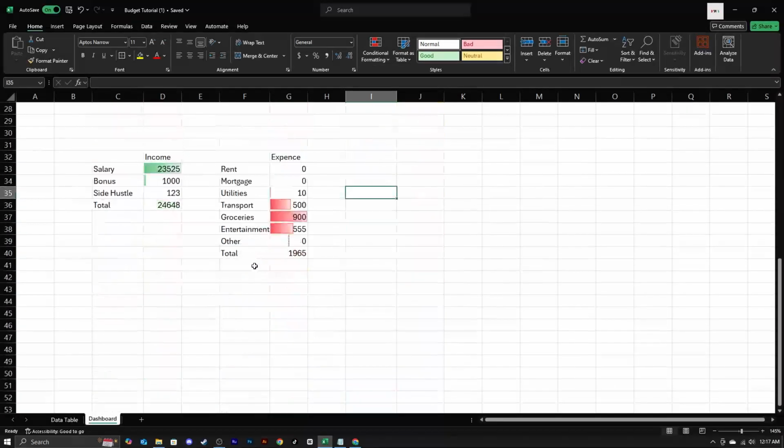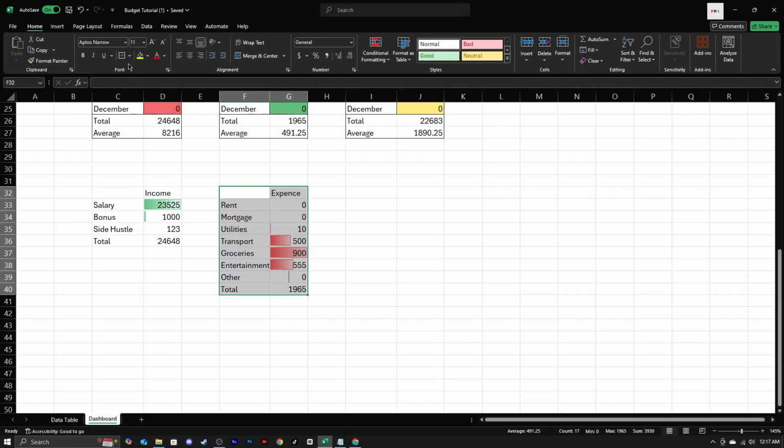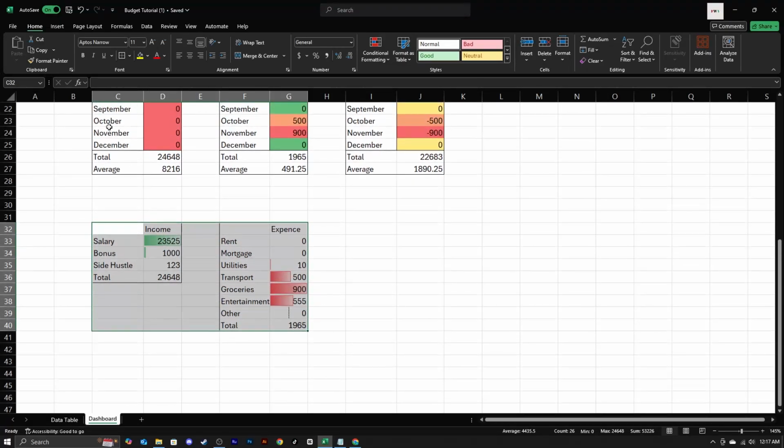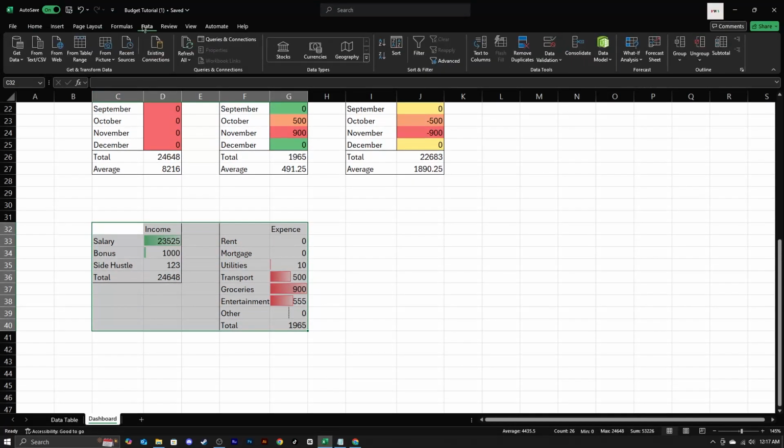Then of course you can do the rest of the boxes. I'll just put these in a box just to be happy, so it looks a bit better. Okay. Final thing, which I think is pretty cool, is you can highlight all of this. Okay. Highlight all of this. You can go to data, and then if I can find it,